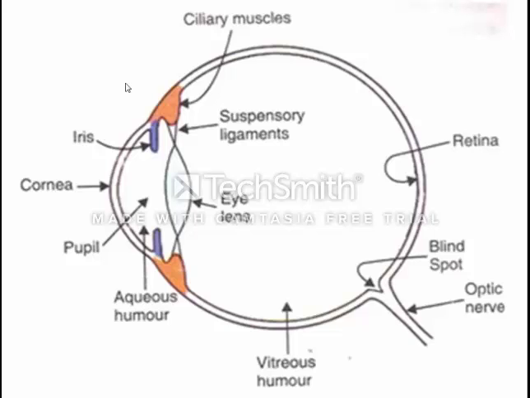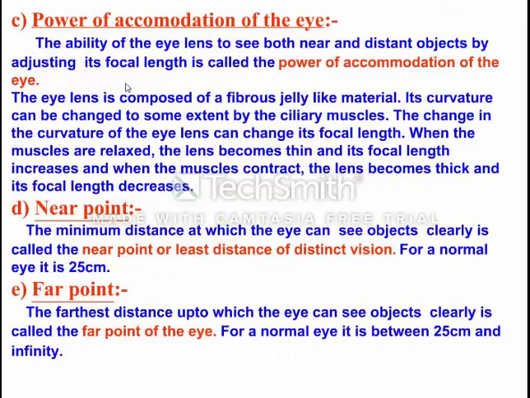So till now we have seen what we mean by cornea, iris, pupil. See, aqueous humor and vitreous humor also play an important role because they have some refractive index, and due to the refractive index, as it is a liquid, refraction takes place, the bending of light takes place. And ciliary muscles, you have seen eye lens, you have seen retina, blind spot and optic nerve. These topics are very important because many times a question of 1 mark used to come about what we mean by power of accommodation of an eye. Sometimes 2-3 definitions, like what do you mean by blind spot, what do you mean by pupil, what is the function of iris.